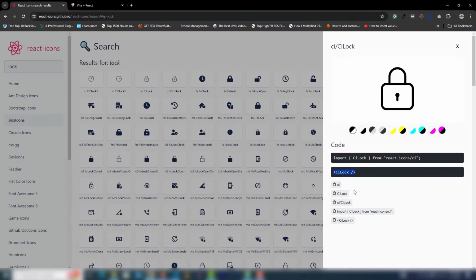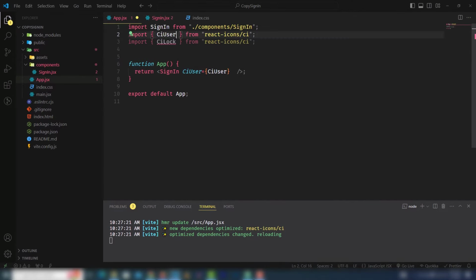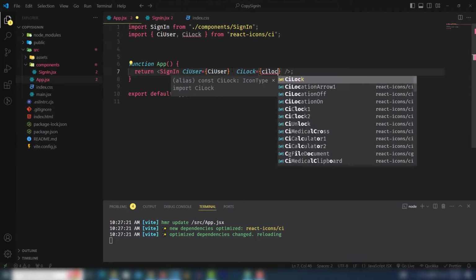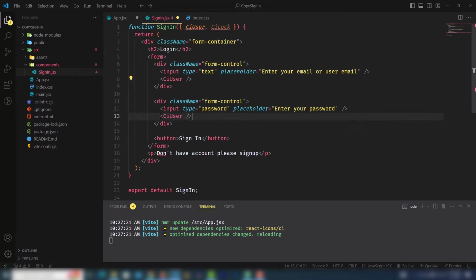Just a minute, you need to import it, but you need to don't do the same thing, just import same thing inside the projects, inside the React icons. So we will use the CI users and CI logs. CI log as the props, same thing, I'm gonna pass on there, CI logs. So you need to receive the props inside there, and then you need to call it. So I'm gonna copy paste, just change the prop name, save, and